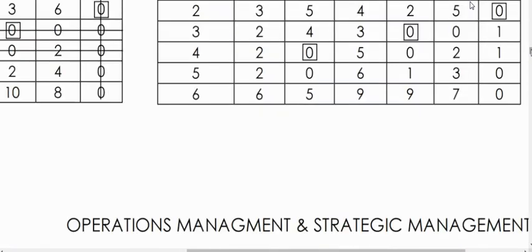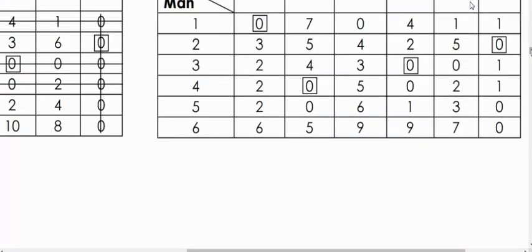What does this mean? That after doing the operation, after finding out the row minimum and the column minimum, still I am not able to get a clear answer. Then how would I get to the clear answer? To get to the clear answer, now I'll choose arbitrarily. Arbitrarily means randomly. Randomly here means I have the third and the fifth job which are not being allocated, and I have the fifth and the sixth persons who have to be given the work. So I'll have two solutions now.